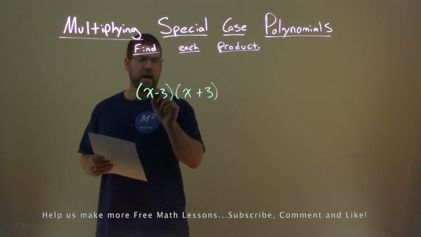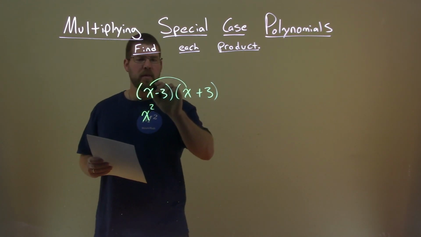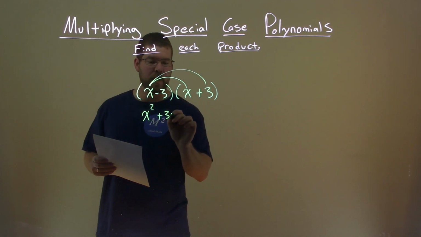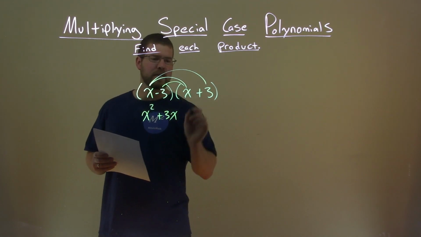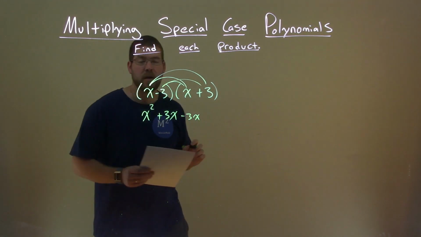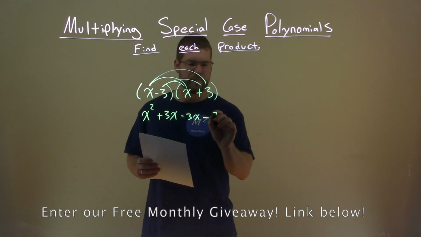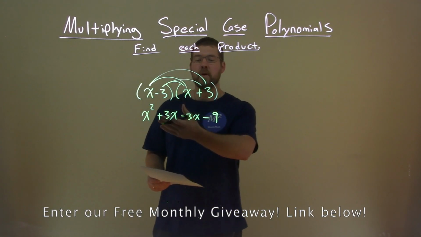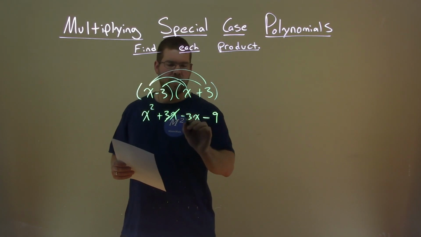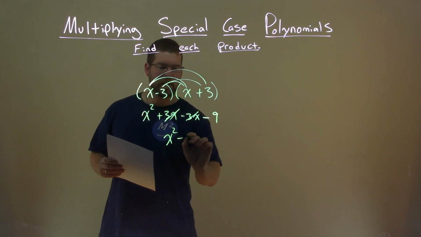Well, we start with the first x, and we multiply that by this x, and we get x squared. We then take this x and multiply it by that 3, and x times 3 is a positive 3x. Minus 3 times an x is a minus 3x, and minus 3 times a positive 3 is a minus, well, 3 times 3 is 9. So we have x squared plus 3x minus 3x minus 9. And here's the trick. 3x and the minus 3x cancel each other out, leaving us with x squared minus 9